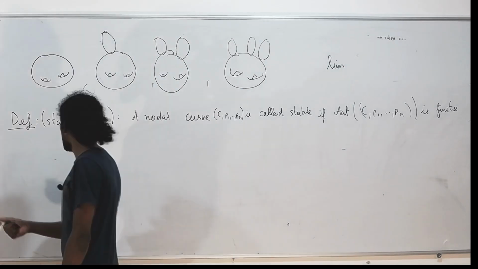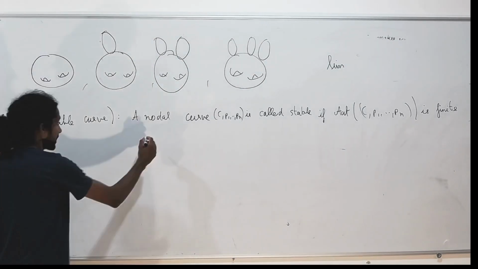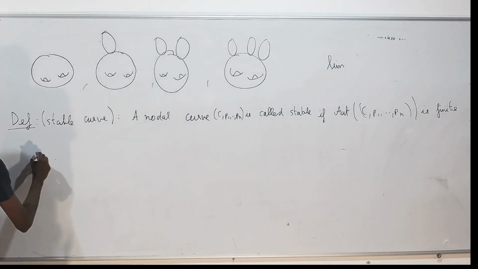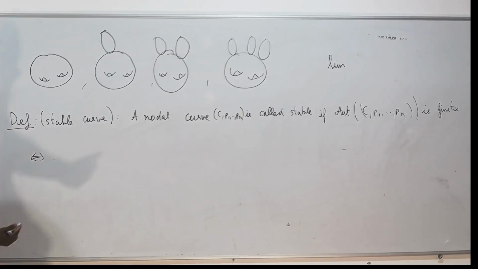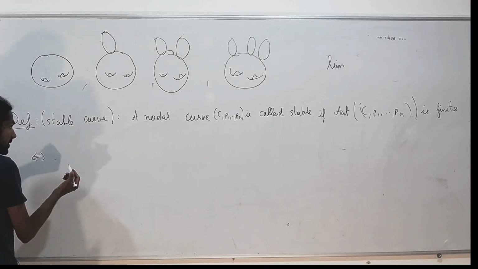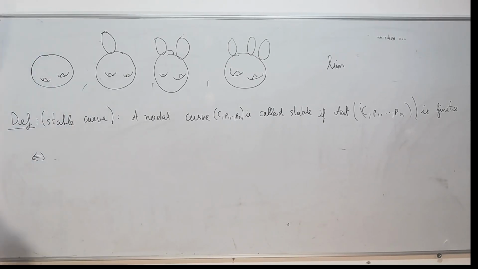This is actually equivalent to saying that every connected component has to have negative Euler characteristic. So it's the same thing as saying, if you take the normalization,